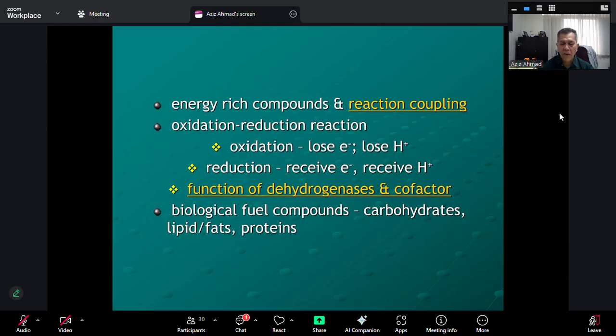Another type of cofactor is the minerals. So sometimes we are taking, for instance, iron or magnesium, because these are minerals that our body needs as a cofactor to help the metabolism process in our body. So here, I'm using our body as a sample because it's easier than other samples